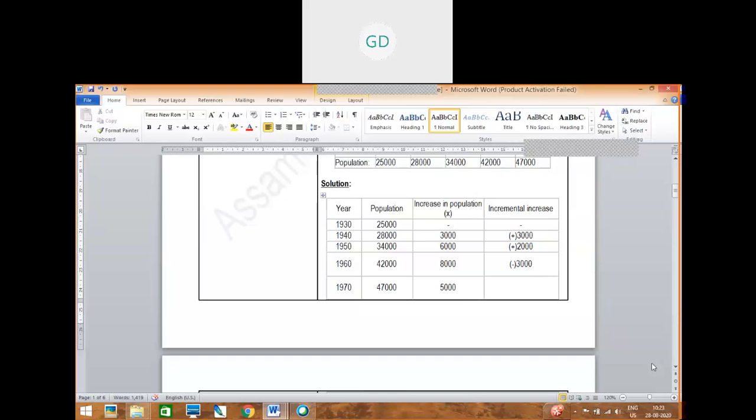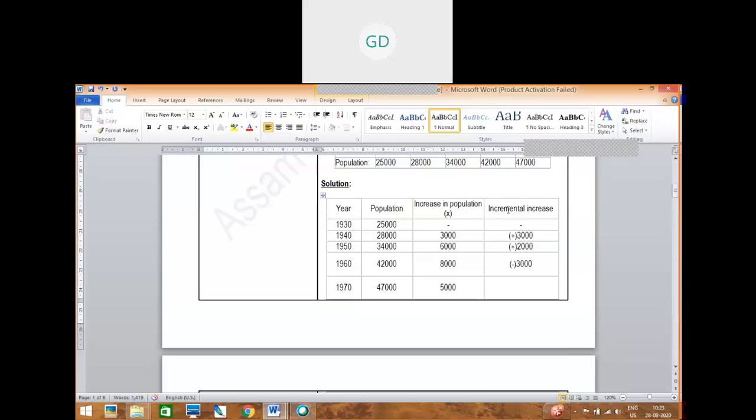Okay. So now for the fourth column, like in your geometric increase method, the fourth column is changed here also. If this type of numerical comes, you need to remember, it is easy for you, because up to 3 columns it is the same. Only the fourth column changes.